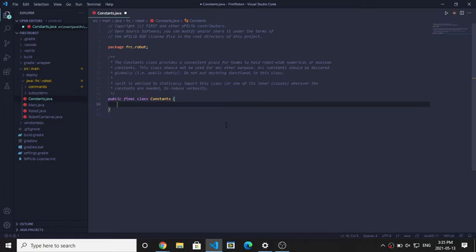So to make sure we can accommodate for that, we will make sure that our public final class Constants will only contain single variables that represent constants that will be used throughout our code. So we can imagine one constant might be important, which would be the drive pins, right? So these all have to be public because we want them to be accessed by everyone. And we're going to make them static. And what static means is that when they're accessed, they're going to access the object itself, not a copy of the object. So we're going to say public static, and we're going to make an int or something, let's say,